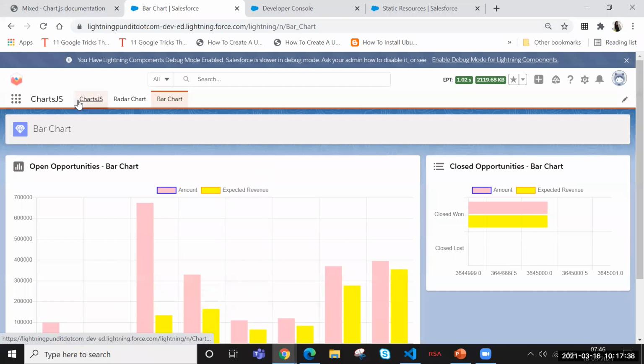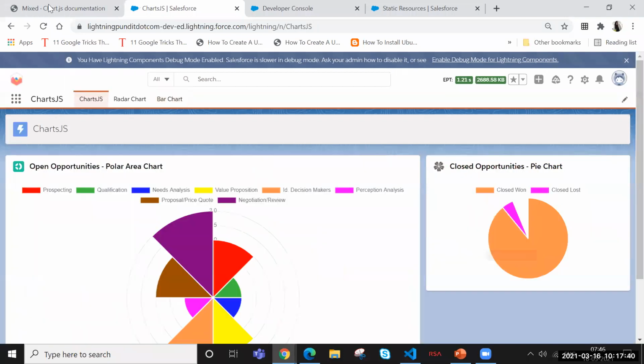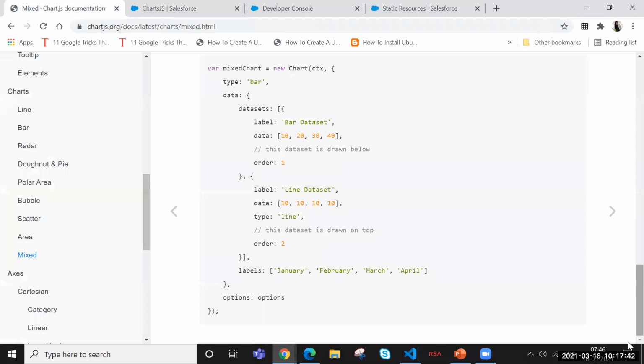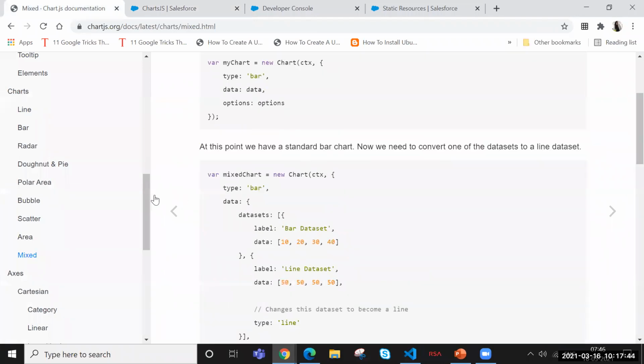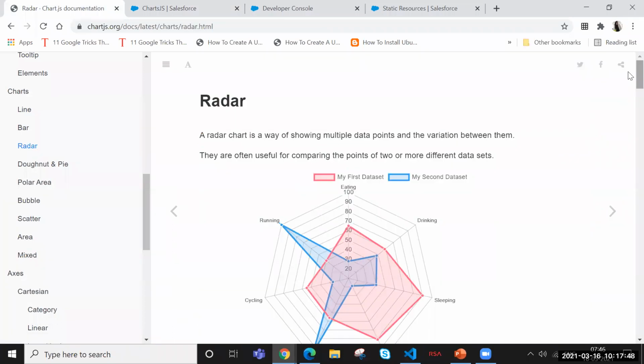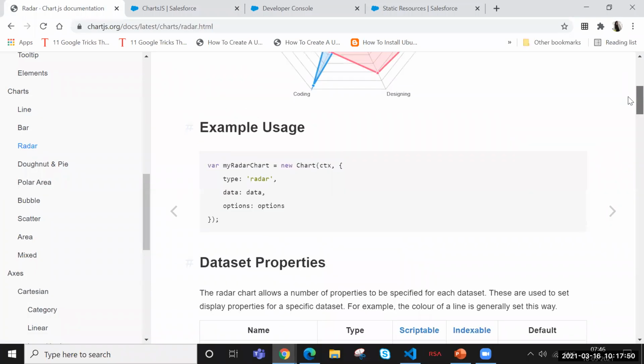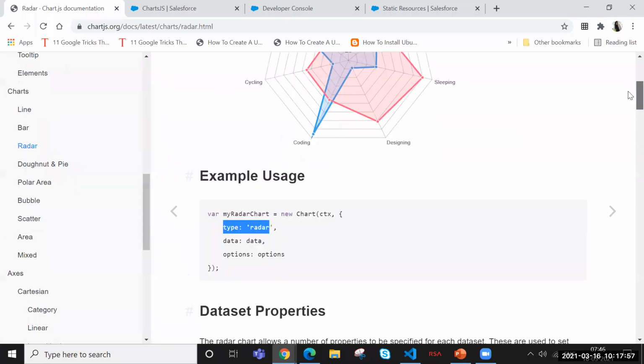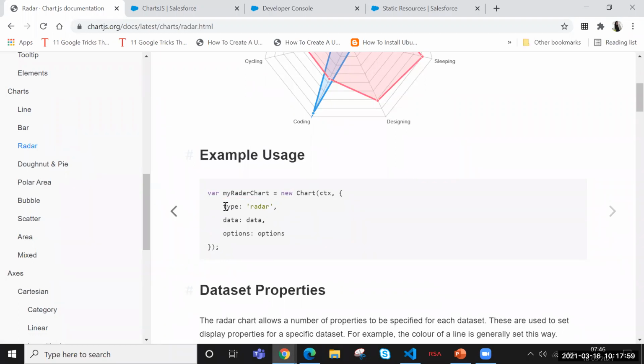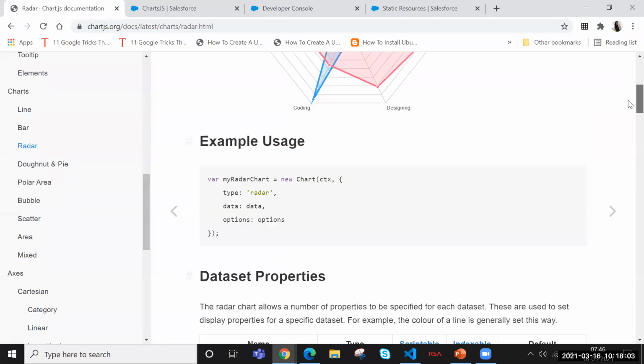code of all this, I would like to explain with respect to this documentation how simple it is to write this chart. First of all, we have to keep in mind, while going through the documentation, what attributes we have to specify in order to get different types of charts.